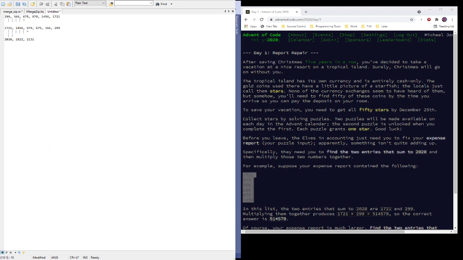just a moment, I'm going to get myself lost in all the windows I have. So if we have a list of these items, one of the parts of the merge sort operation is to do a merge. So if we had these upper few values, which were pre-sorted as 366, 979, 1721, and the other one is 299, 675, and 1456. If I have these as, in fact, two separate lists,